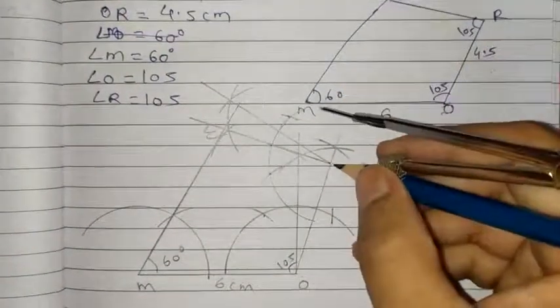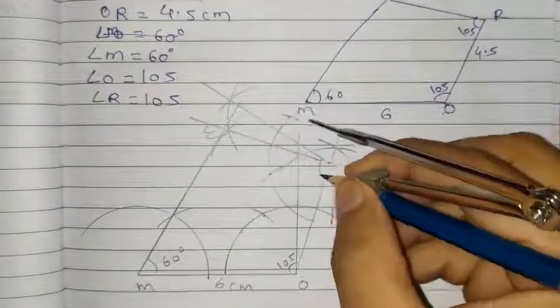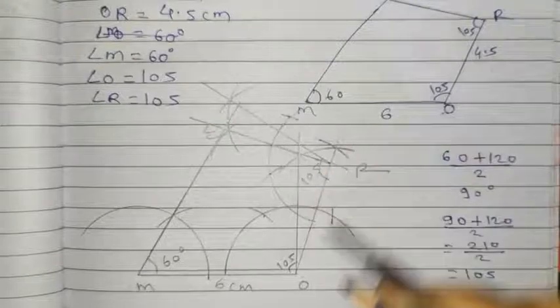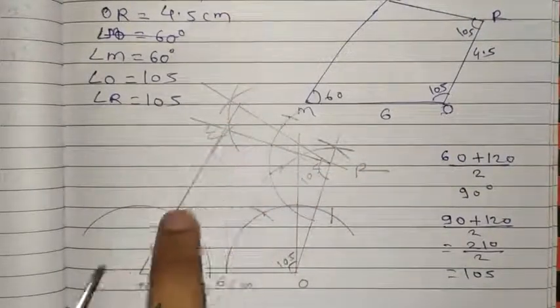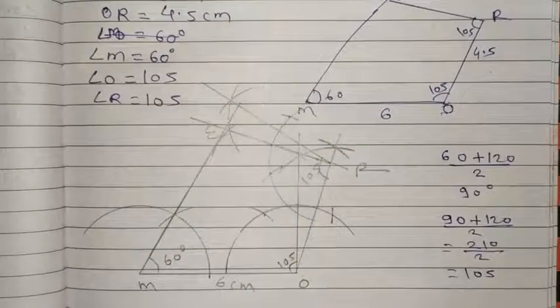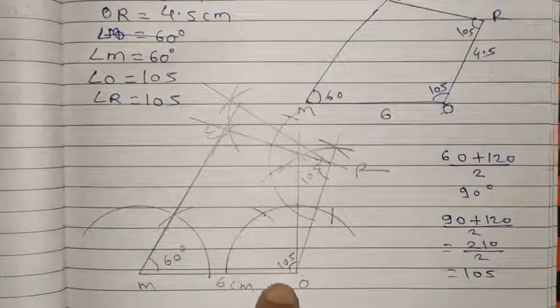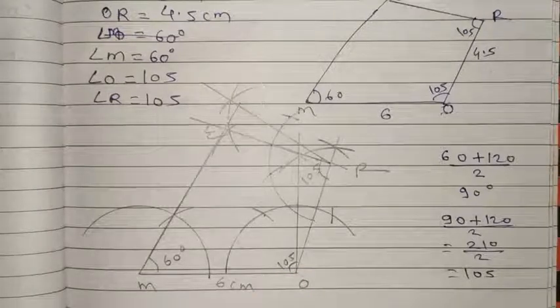So this angle that we got is known as 105. Here we got 3 angles, and this shape with four sides closed is what the quadrilateral is. So in this way you can do this easily. The thing is you have to carefully draw the 105 degree angle, that is important in this question.